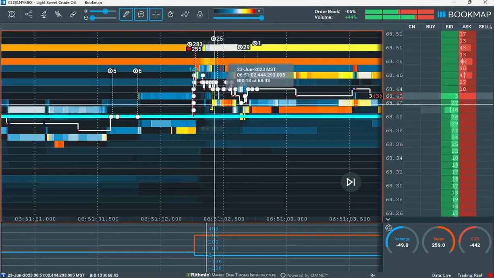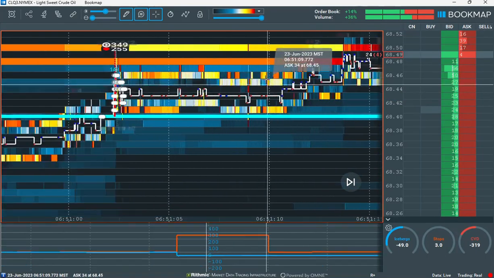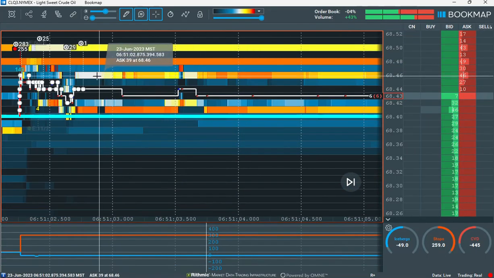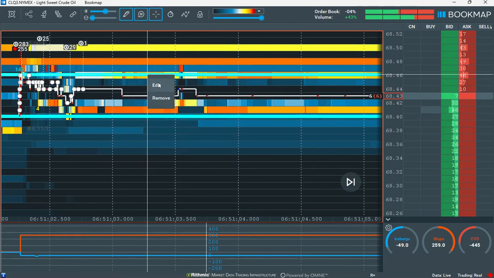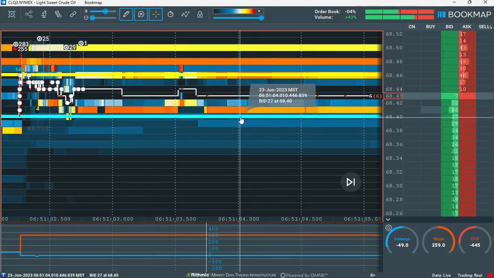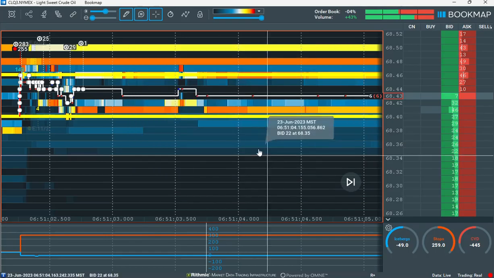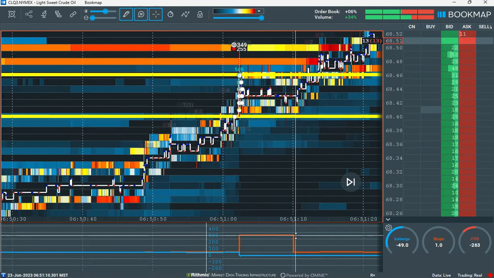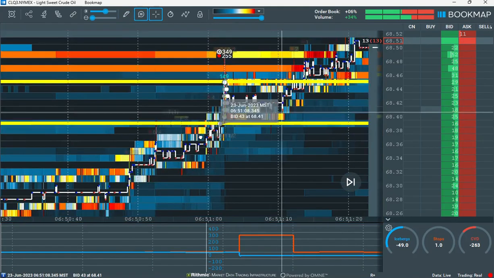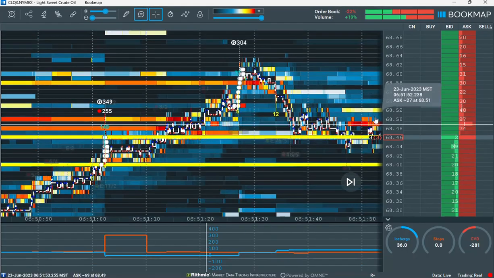So I would draw the zone there, incorporate all the prices that happened in the spike. That was up to there. Let's turn this a different color. So those are those stops there. Incorporate all the prices. So this is a great example of all stop runs are sweeps, but not all sweeps are stop runs. So you can see here, the stop run